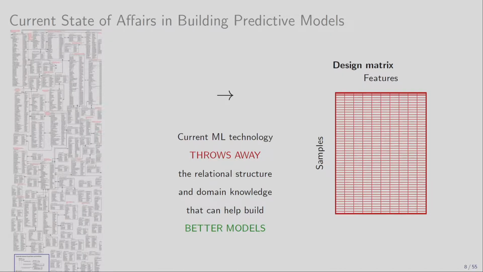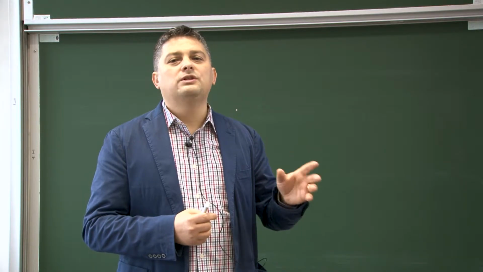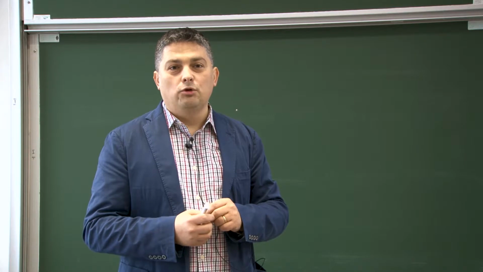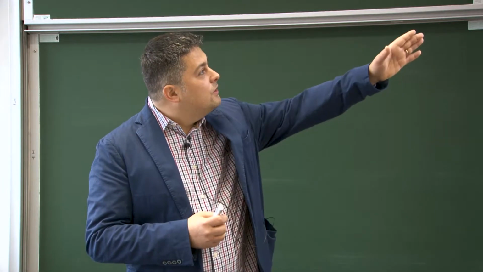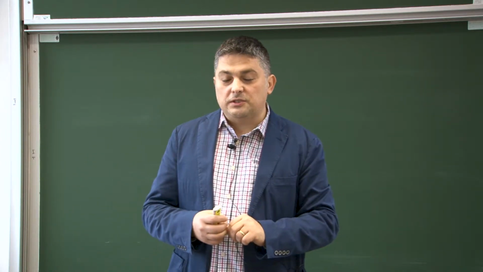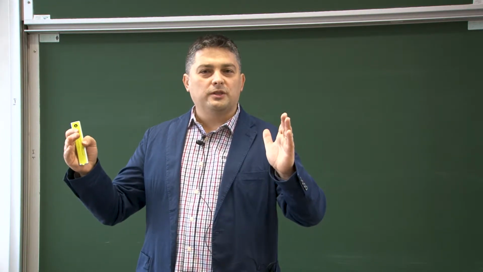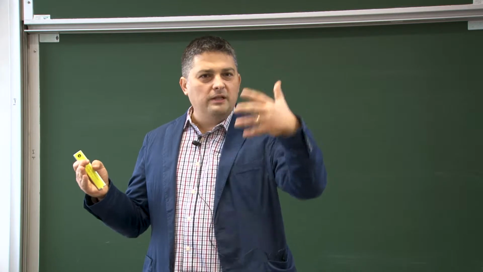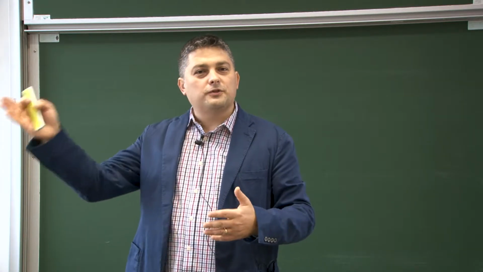You take all the structured data from the left and you translate it into a large design matrix on the right. You strip away everything, all the semantic information you have, information about keys, functional dependencies, information about how this data was put together via the joins, how this design matrix was put together. What you see is this big design matrix, which is a table, in fact, with very many samples and features.